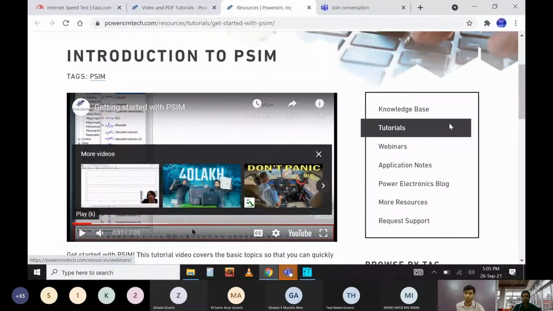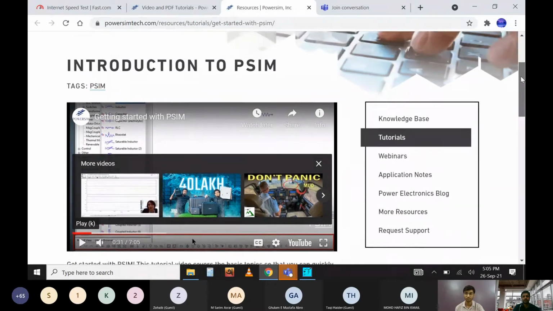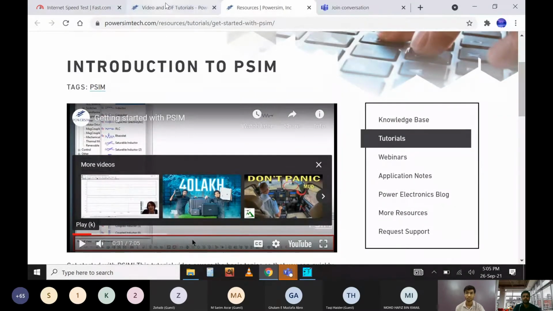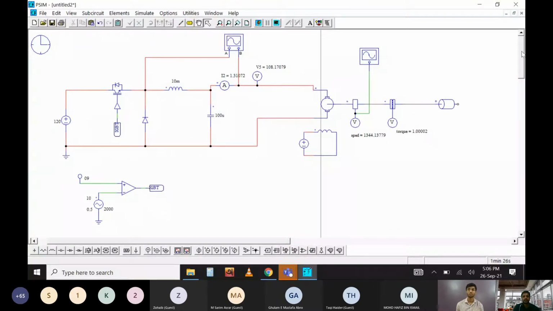And they also released the latest version of the software, which has a lot of options available and is more versatile than this one. But still you can use this one for learning and for your basic research. And I think it should be fine for you.